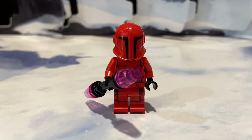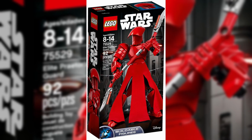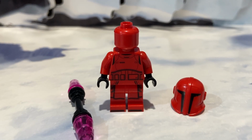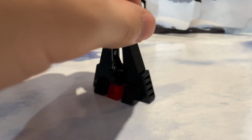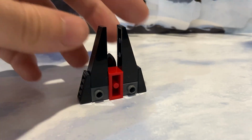This one's a bit of an odd one. The minifigure itself first appeared in 2018, though within the buildable figures line, a Praetorian Guard was released the year prior, in 2017. Under the helmet, there's no printing, just a red head, but the torso and legs both have printing. Anyway, recalling 2019 and 2020 respectively, on days 21 and 22 are a micro Darth Vader's castle and a micro Razor Crest,